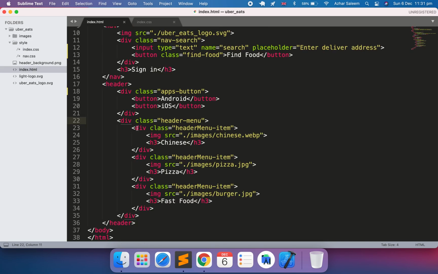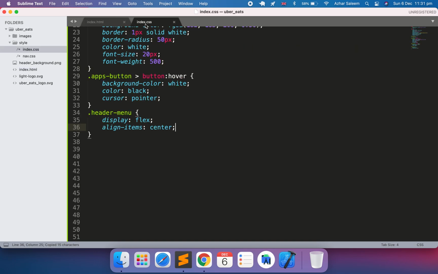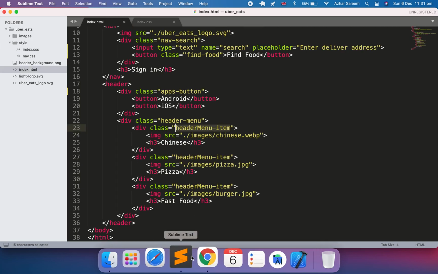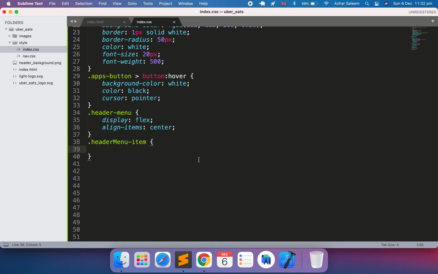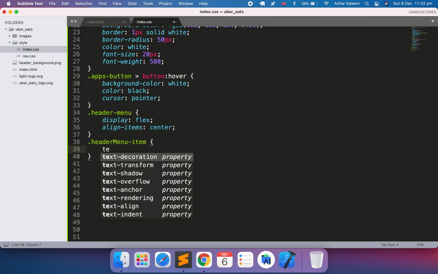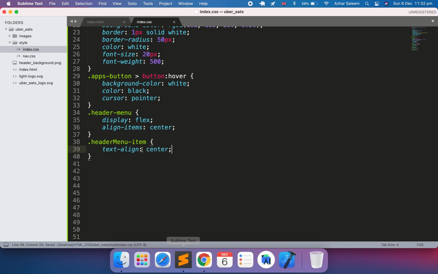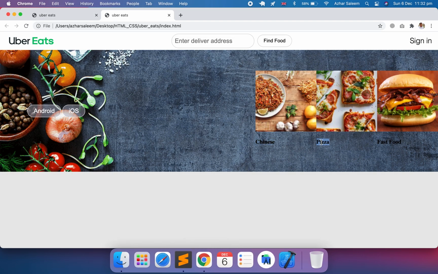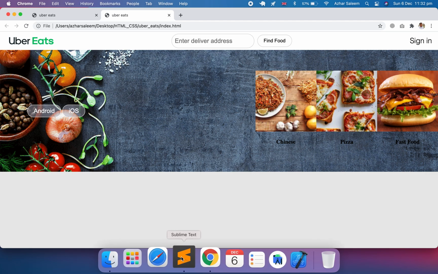Next step, we have to write the CSS code for our image and h3 tag. I take this div class and let's go to index.css: text-align center. Why do I write this class? Because for this class element, you can see this Chinese and pizza, this pasta is coming on the left side. I need it in the middle, same as this. So save, yeah, it's already saved. If I reload, now it's coming in the center. The next step,